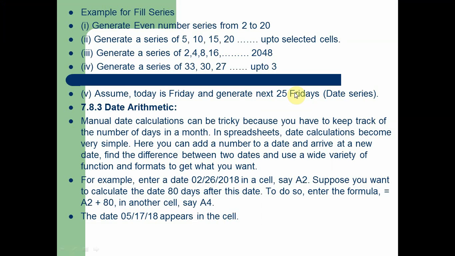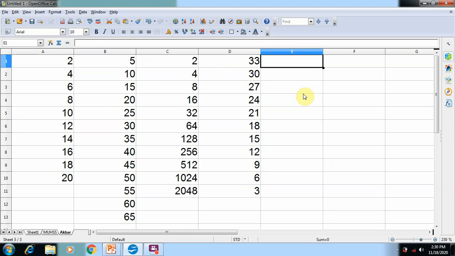In the same way, next we are going to generate a series. Assume today is Friday and generate the next 25 Fridays. For example, today is Friday. What is the date today? We want to create 25 Fridays. What do we want to do? First we want to enter today's date. How can we enter today's date? We want to enter it as per the